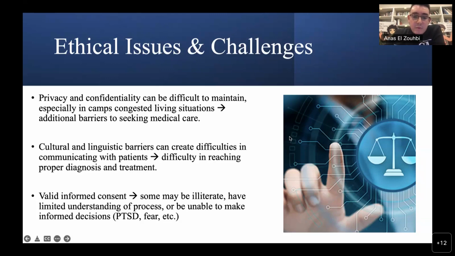and receiving proper care. Finally, with the issue of informed consent, some of them may be illiterate, some of them may have a limited understanding of the process of the healthcare system within a country. They may be unable to make informed decisions, as we said earlier, some of them may be afraid, some of them may be suffering from mental illness. So all of these issues play a crucial role and pose some serious ethical concerns with regards to their access